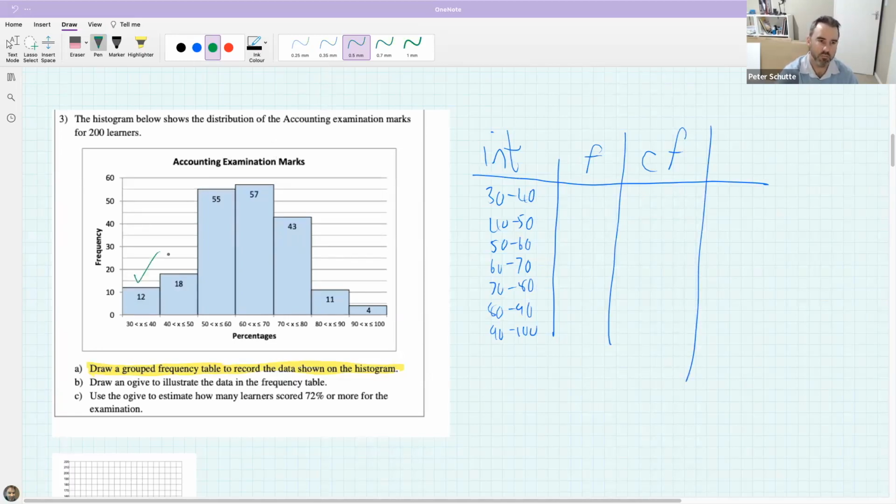But these must be the frequency counts. So 12, 18, 55, 57. So that's actually pretty straightforward. The one that takes a bit of work now is to work out what the cumulative frequency column is. But what I'm doing is I'm saying that the first one is 12, the second one is 12 plus 18. So see if you can get the rest of my